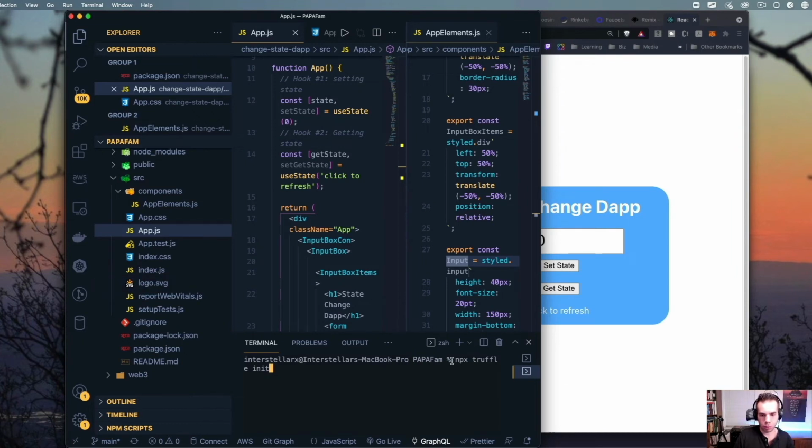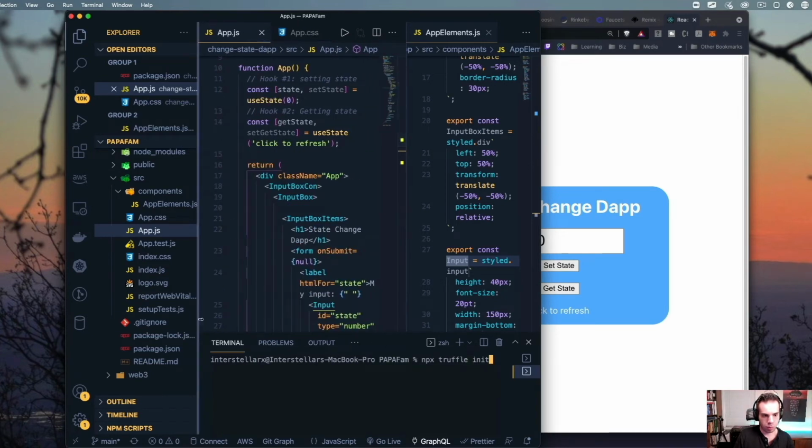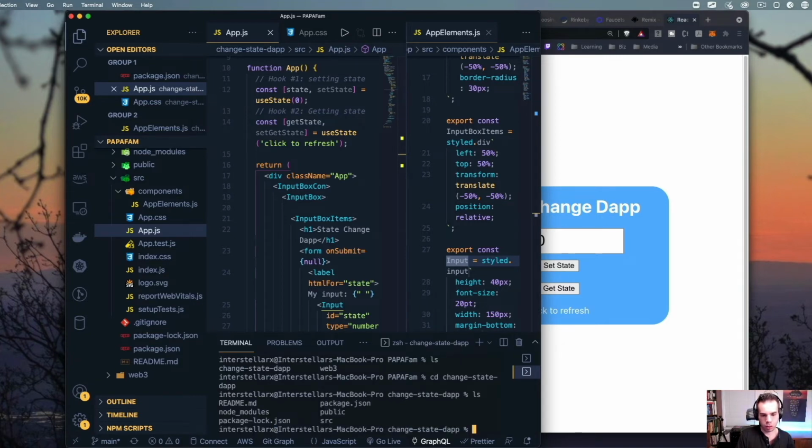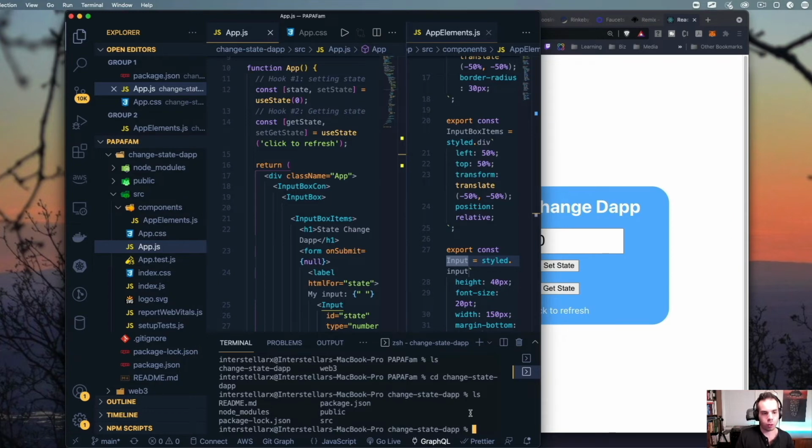So if you see in the terminal, it's just npx truffle init. And I'll just make this a little bit more zoomed out. So as soon as I press this, I'm going to press enter. And I know that I'm going to make sure that I'm in the right folder, because that will help to make sure that this specifically goes to the project. Okay, great. So you can always do ls, which is listing, and then cd into the folder that you want to go into. And then I'm just in the root project. That's just because I'm in a folder that holds 2 subfolders. So that's why I just wanted to make sure I cd'd into that.